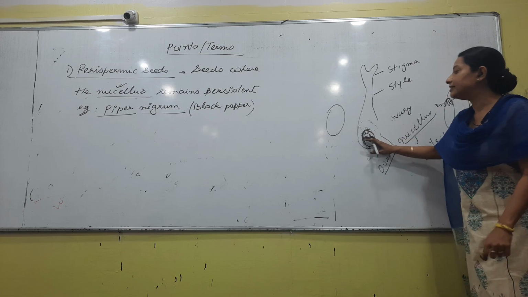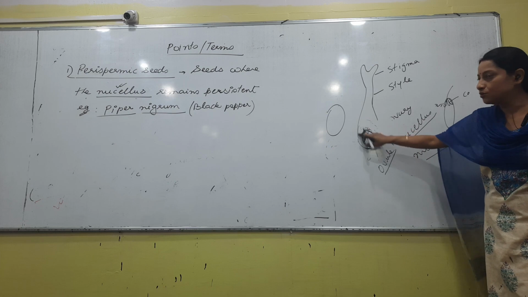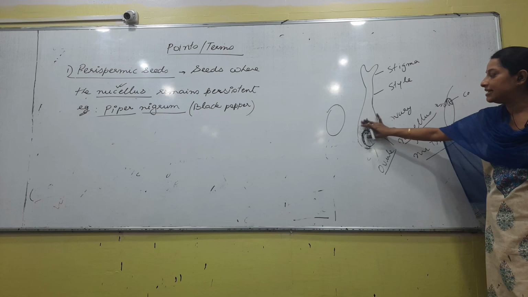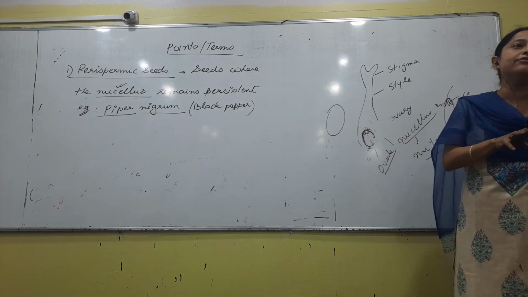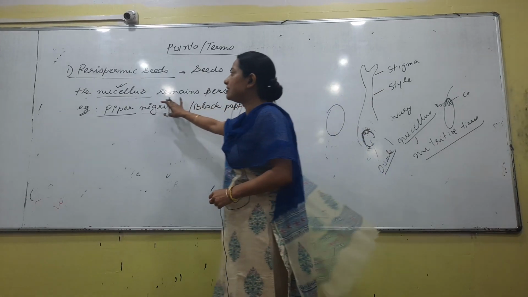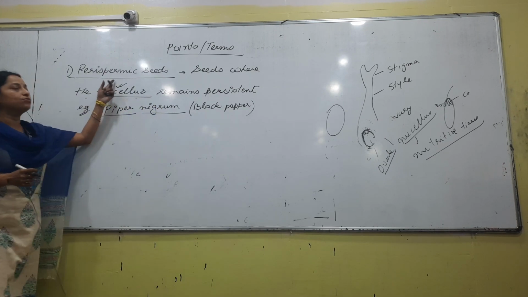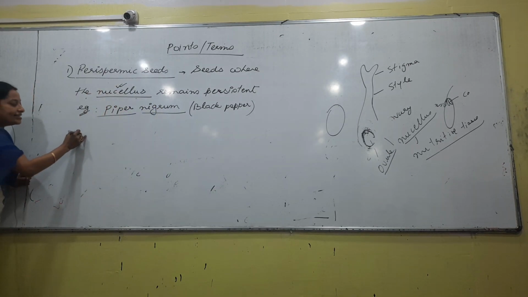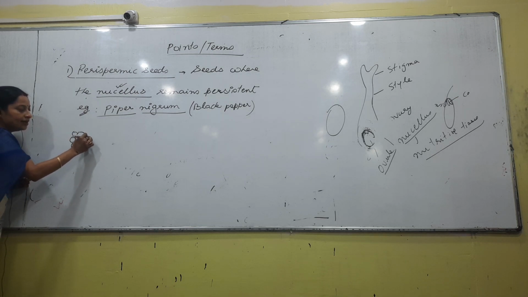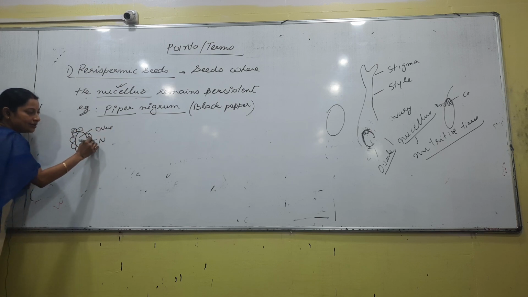But this is something that is seen in normal conditions, right? In most of the angiospermic plants, the nucellar tissues cannot be seen after fertilization, or it starts degrading or diminishing during the development of the ovule. But there are certain examples where the nucellus remains persistent even after fertilization, and that type is called what? Perispermic. So, in that case we can see the ovule and the surrounding nucellar cells. This is the ovule and these are nucellar cells.